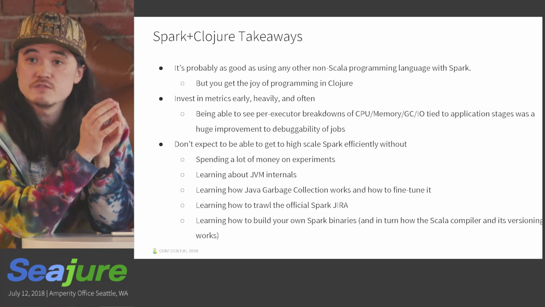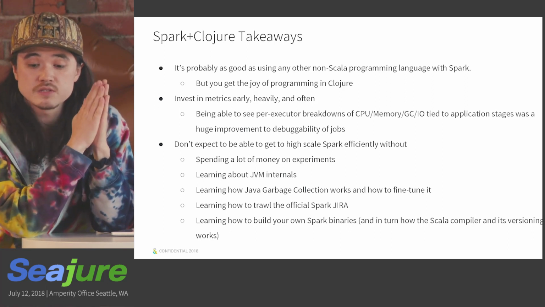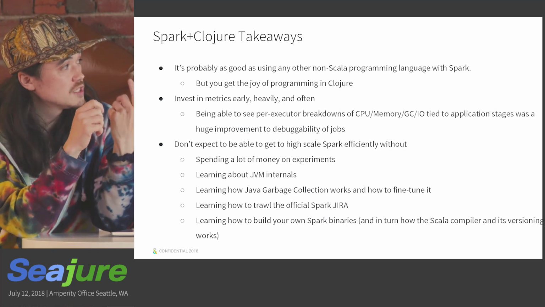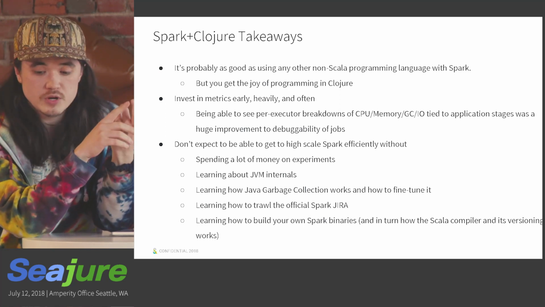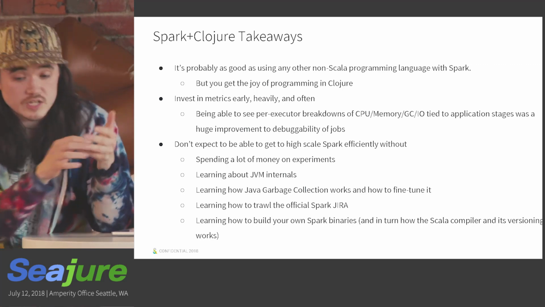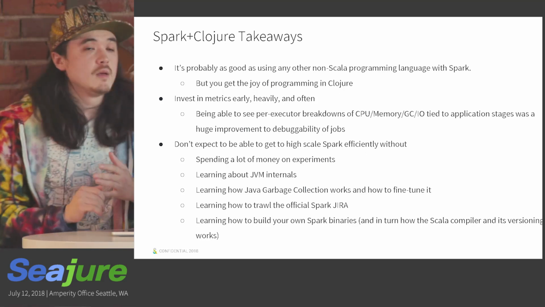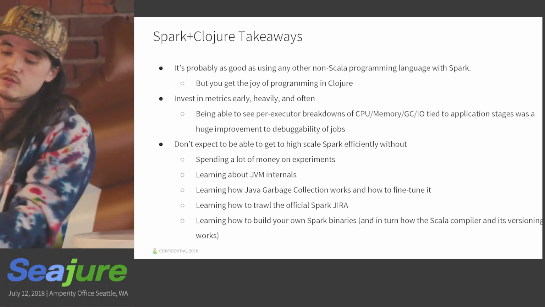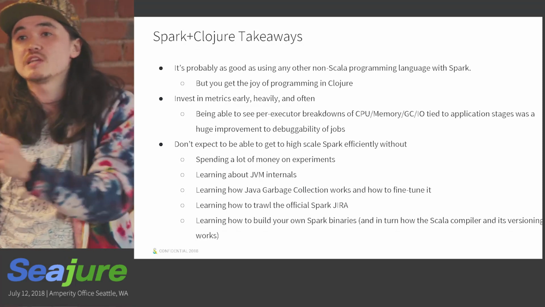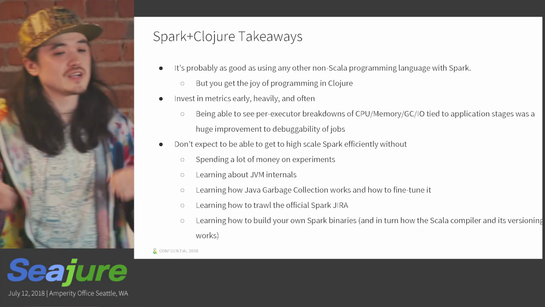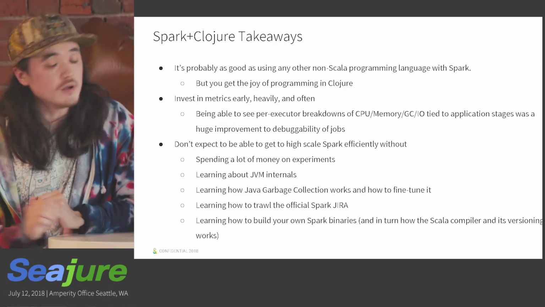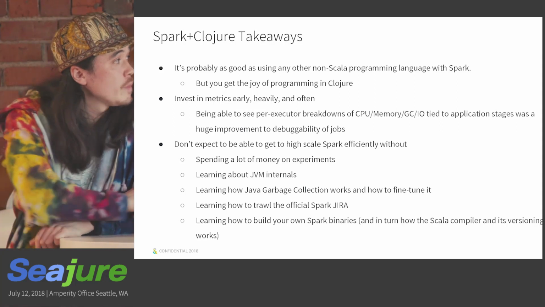We've done a number of big revisions on how we approach metrics and graphs against those running Spark jobs. And I'll say the biggest breakthrough is being able to see per executor breakdowns of the CPU, memory, garbage collection, and network and disk I/O, overlaid with essentially stages that can show you this is when this part of the application is happening, this is when this part of the application is happening. Otherwise, you're kind of stuck matching timestamps, and it's very ad hoc, and you can't really eyeball things too well about, oh, that seems horribly slow today.